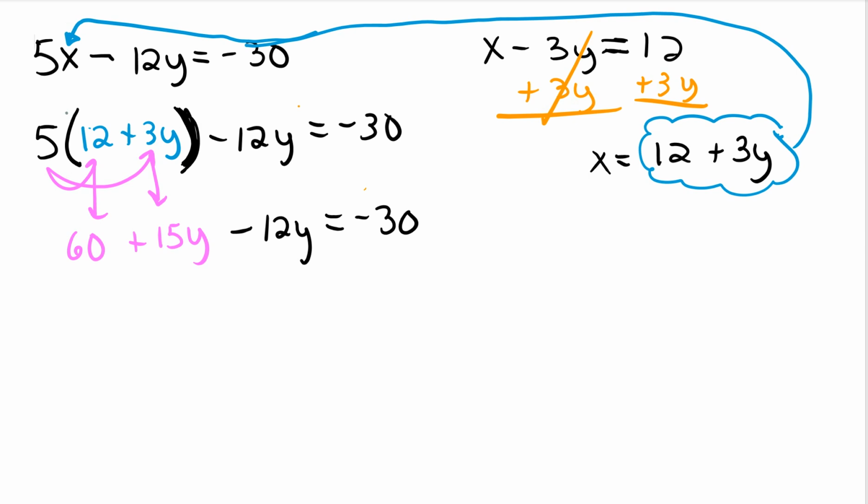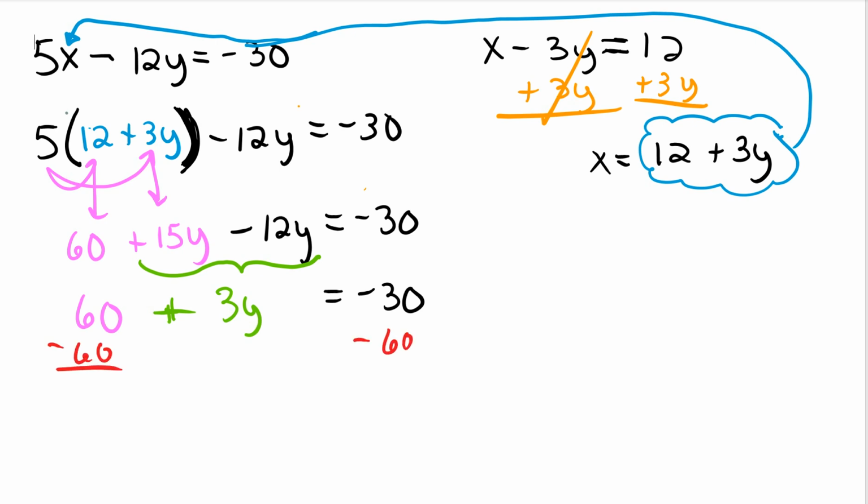Okay, and then the positive 15y and the negative 12y, those are like terms. So you still have this 60, but then you can combine 15y minus 12y. That would be a positive 3y and still equal to negative 30. And now to solve for y, I have to get rid of that 60 next. So I am going to subtract 60 from both sides so that it cancels out here. I'm left with this 3y,